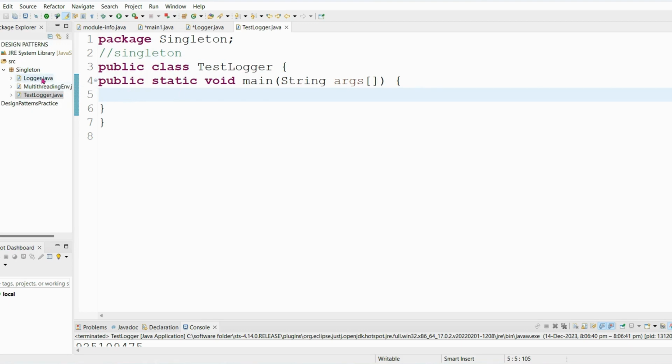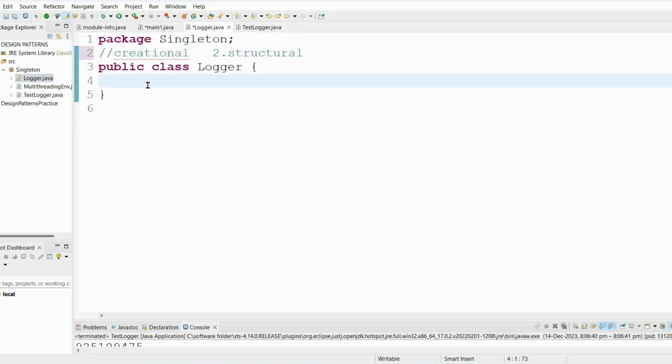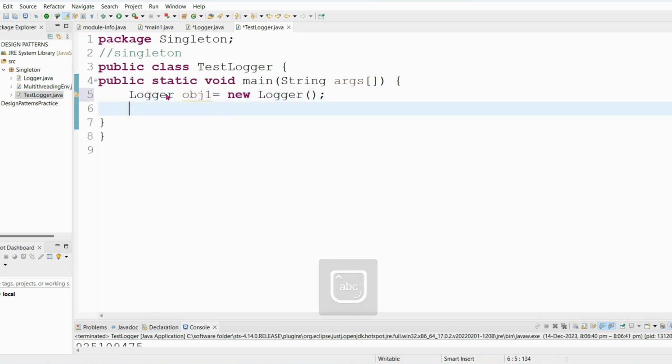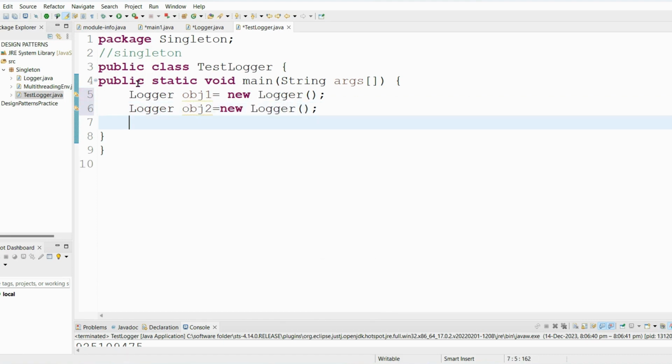For this, let's take a logger example, and let's create a public class Logger. Now in the test logger, let's create the object of that logger. Logger object1 is equal to new Logger, and similarly Logger object2 is equal to new Logger. So we created two objects for the class Logger, but we want only one object, right? So you can print their addresses, like hash codes,